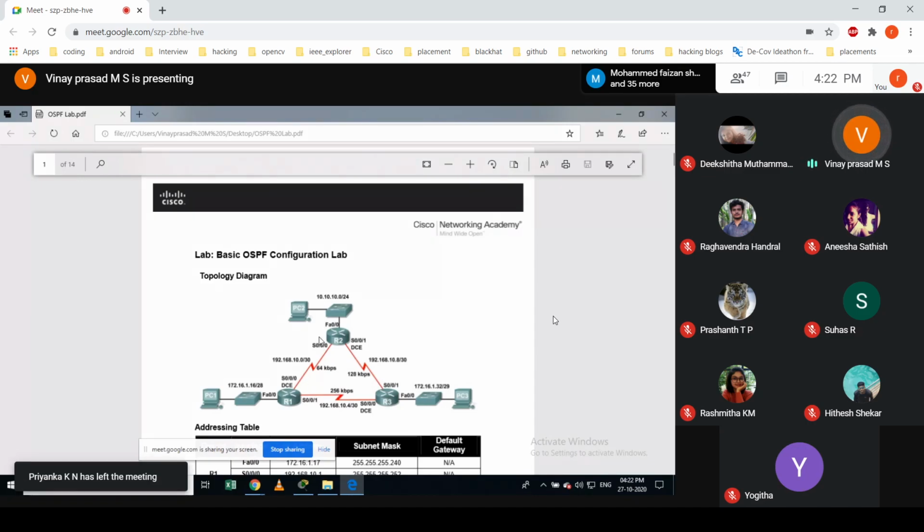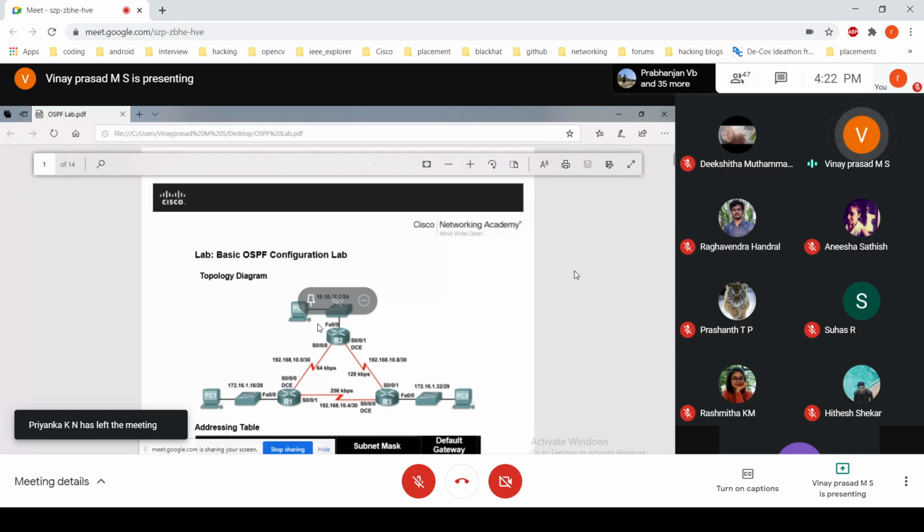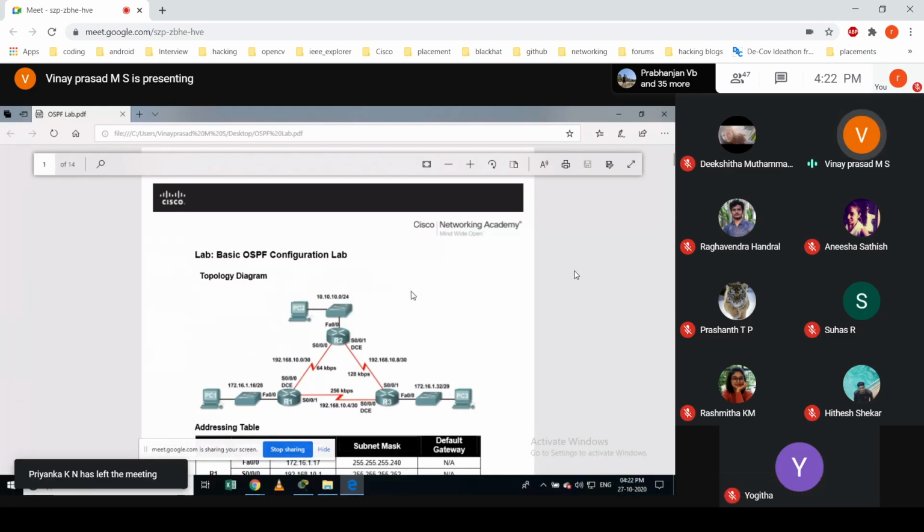One disadvantage we saw in RIP is slow convergence, meaning it takes 4 minutes to converge back if something goes wrong on a network. But OSPF has much faster convergence, probably around 40 seconds.